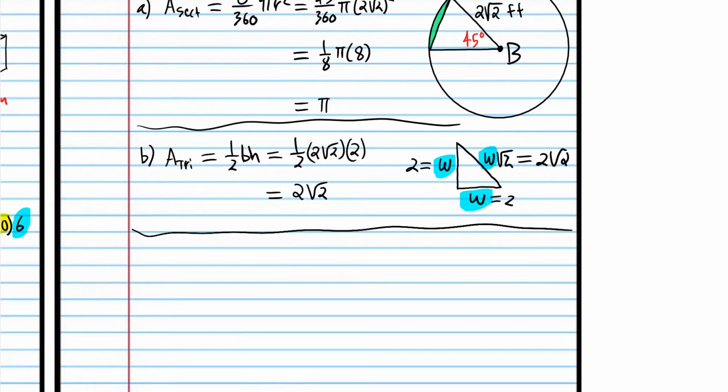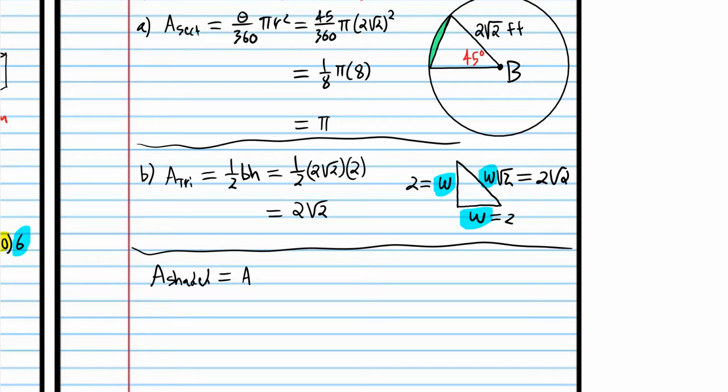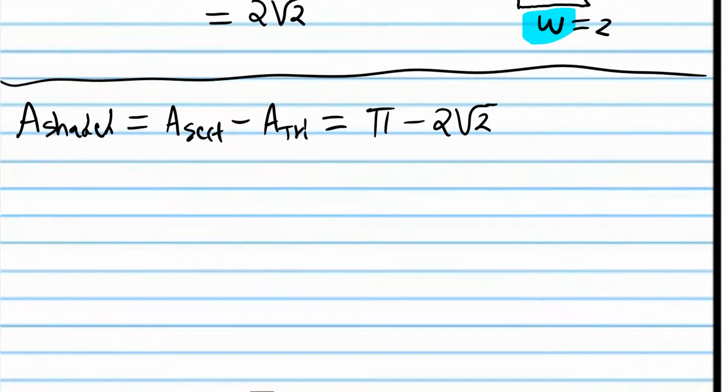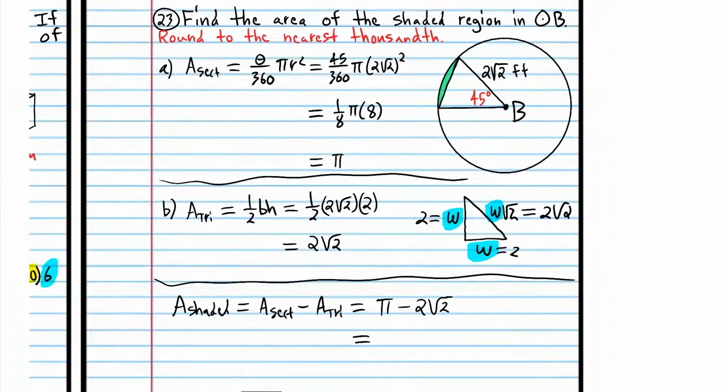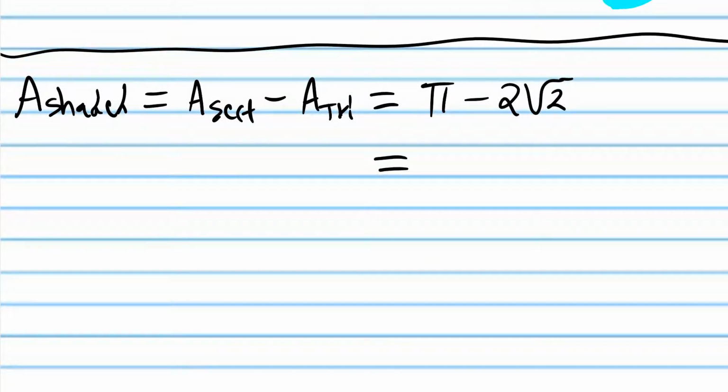So the hard part is over at this point. The area of the shaded region is equal to the area of the sector minus the area of the triangle. The area of the sector we found is pi, and the area of the triangle is 2 root 2. Now again, you have to be very careful about entering that into your calculator. We're told that we need to round off to the nearest thousandth, but if you enter that into your calculator incorrectly, you're going to get the wrong answer. So I'm going to push the pi button and then minus 2 times 2 square root button equals. And we get, and I should write an approximately equal to sign, we get approximately